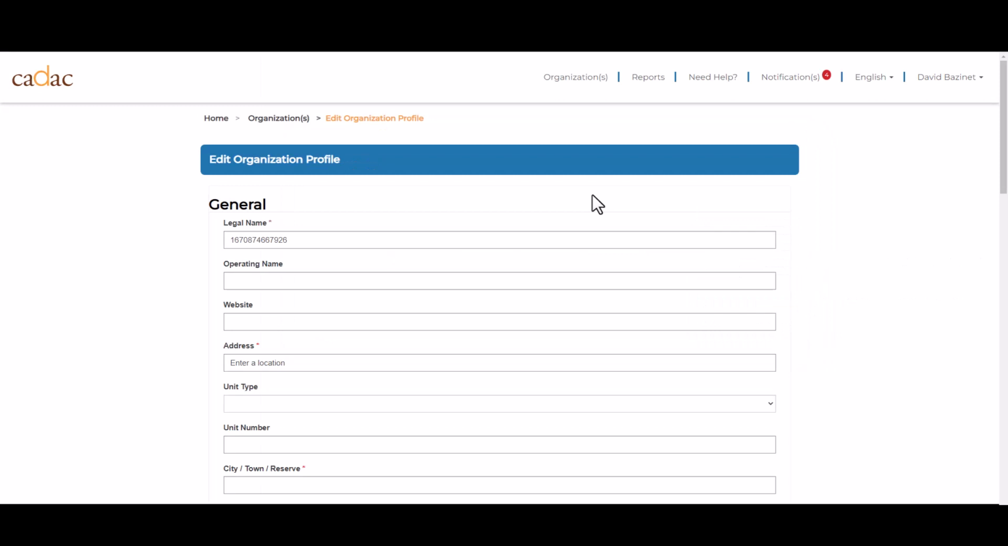On the Edit Organization page, I need to enter the required information about my organization. Note that fields with red asterisks are mandatory. Now the legal name is pre-populated with a placeholder number. I need to delete this number and enter my organization's legal name. I also need to enter my organization's operating name, the website,